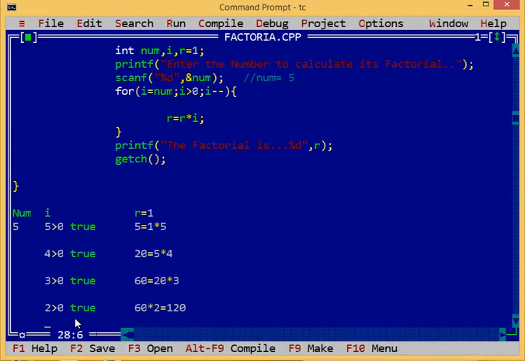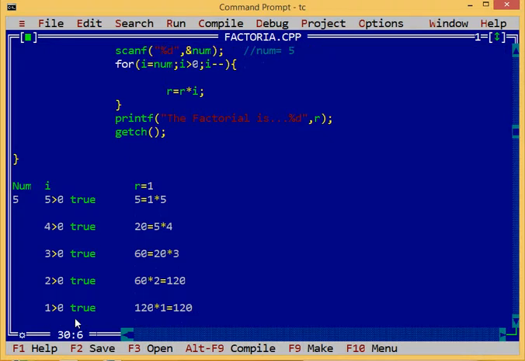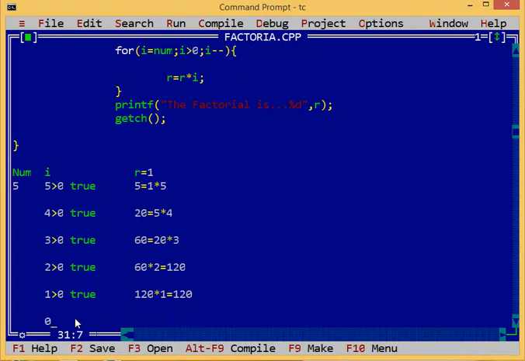Again decrease the value, 1 greater than 0, the condition is true, and R is equal to 120 multiplied by I's value 1, so R is again 120. Again we decrease the value of I, and I will be 0. 0 is greater than 0? It's not true, it's false.